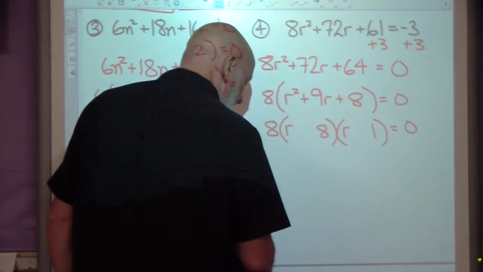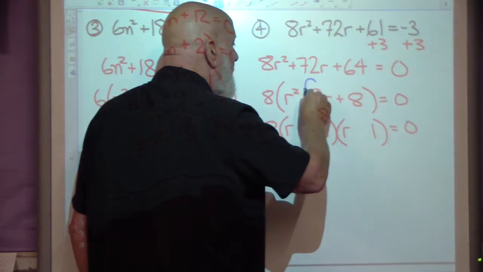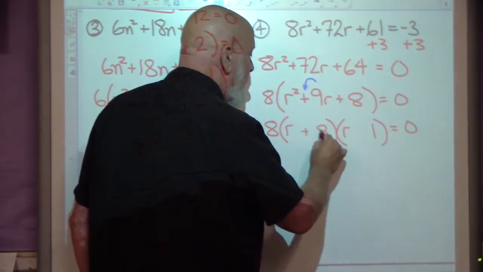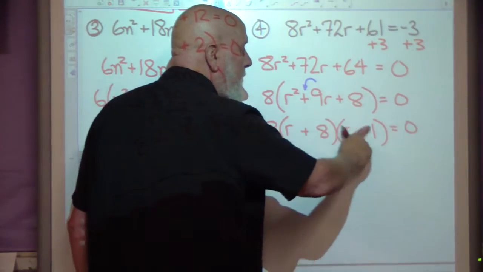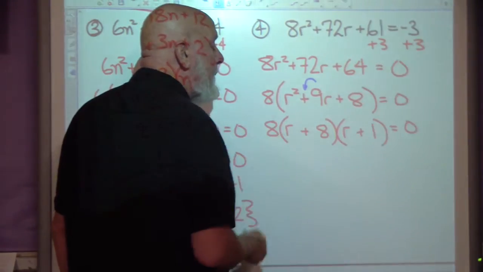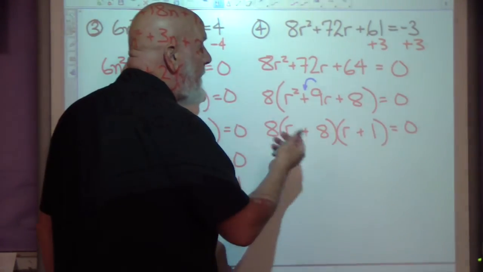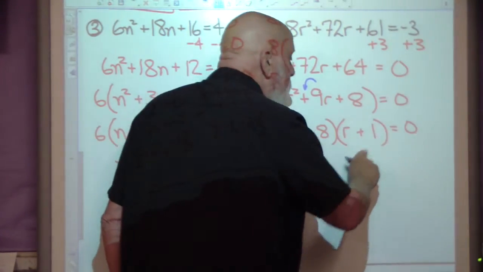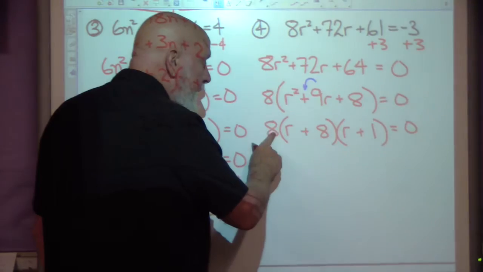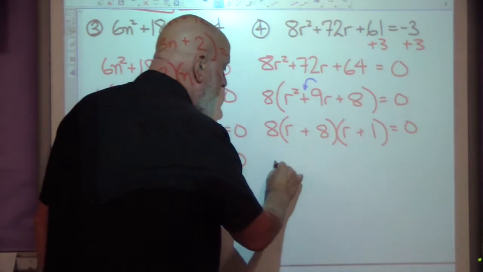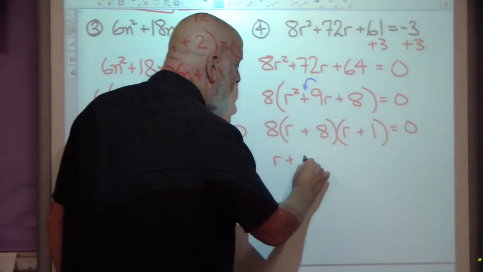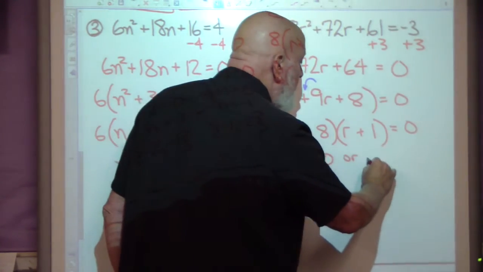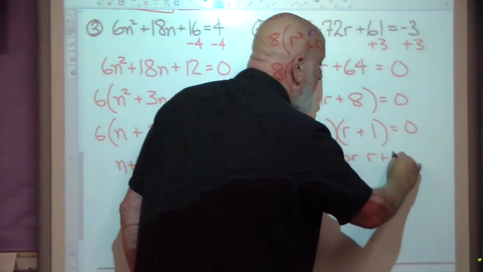So the only way that I can get these two numbers to add up to positive 9 is if they're both positive. It doesn't matter where I put them. I could put the 1 here and the 8 here. What matters is they add up to positive 9. Now I employ the zero product property. Either this could be 0 or this could be 0 depending on the value of r. This can't be because it's a constant. So I'm going to say r plus 8 could be 0, or r plus 1 could be 0,